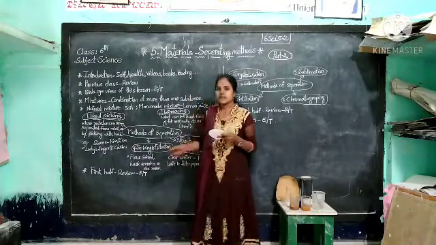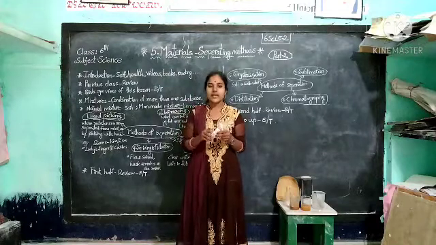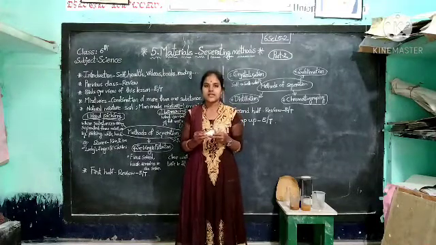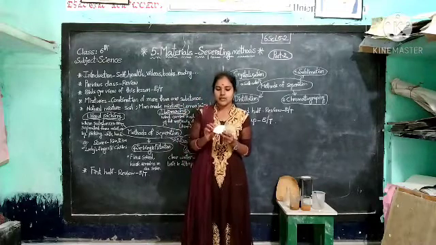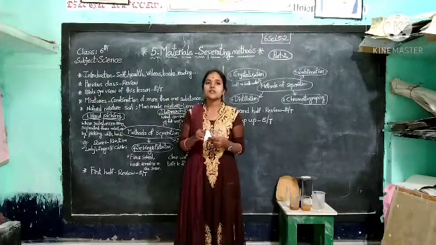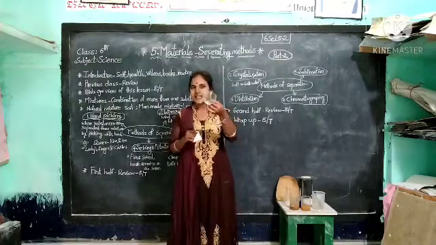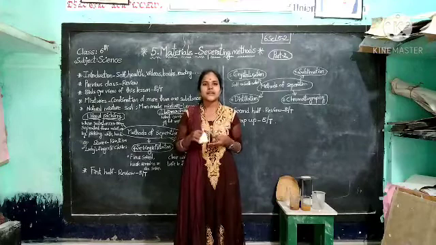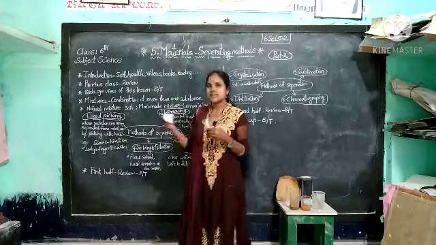In the process of filtration, first of all, we make the filter paper into a cone shape. Fix it, children, cone shape like this. And you have to take a funnel. This is the funnel, children. Here I didn't do any experiment, I just explained what materials are needed for filtration.